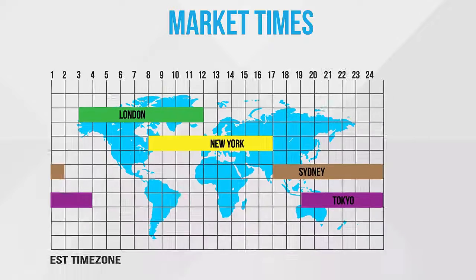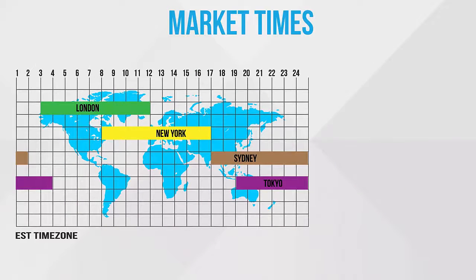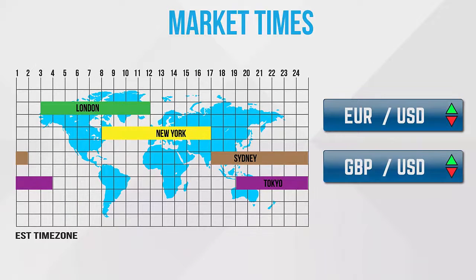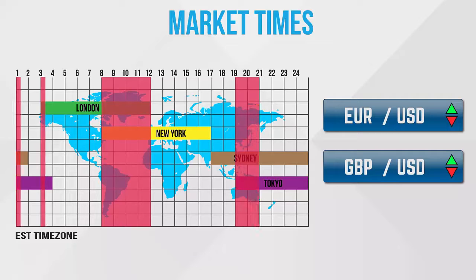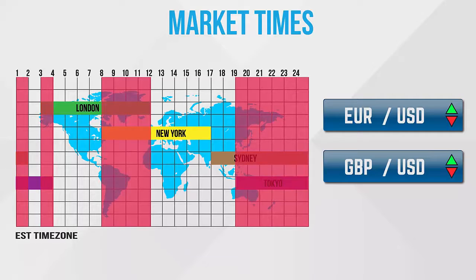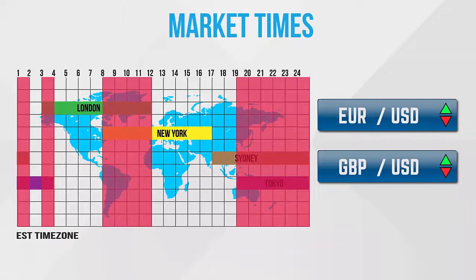So, if you are looking for the best times to trade, the Euro-US dollar and the Pound-US dollar currency pairs would likely provide good profits during the 8 AM to 12 PM EST overlap session. You are going to find the most trades during this time and other overlap times. These are the times you will have more opportunities to make good trades.